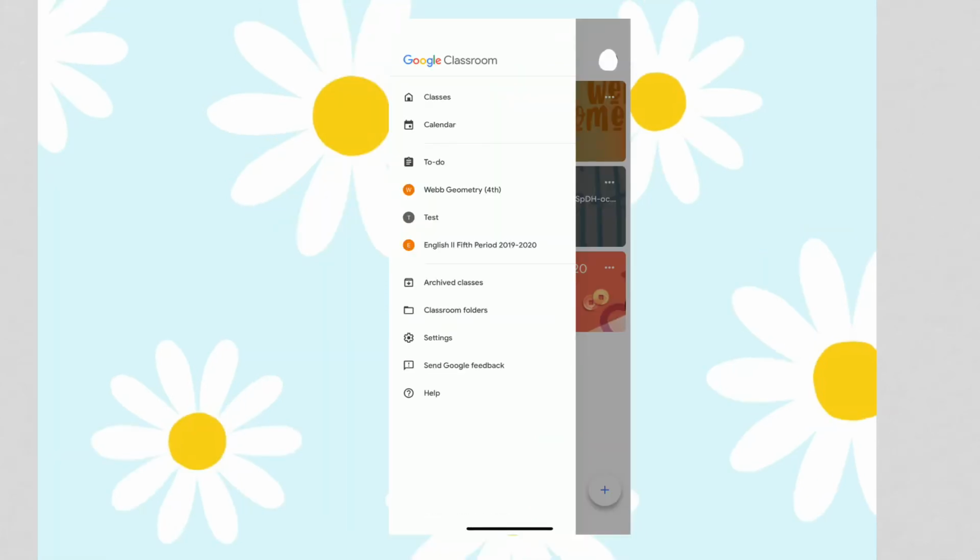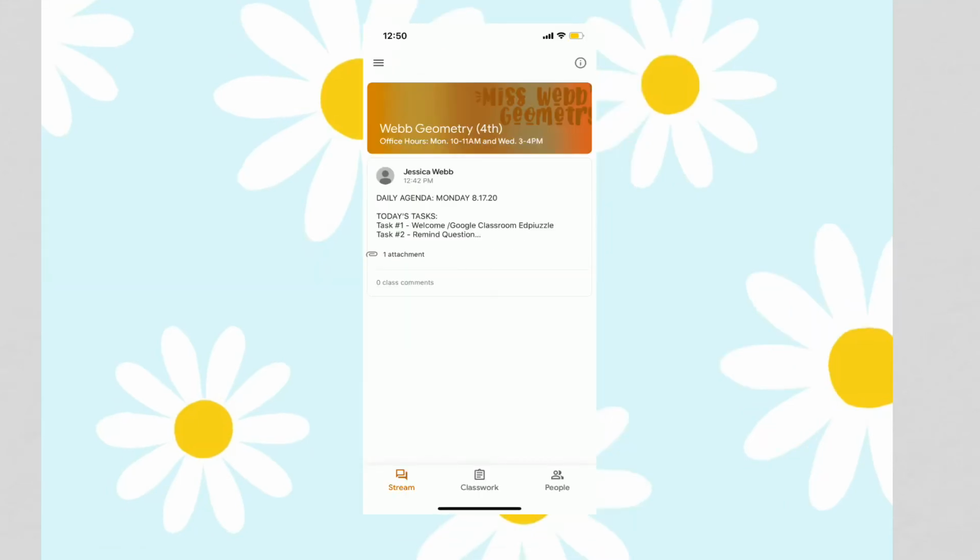So again, if you click those 3 lines in the top left, it's going to take you to this menu, which of course you can still access your classes through this way as well. When you select a class, it is very similar to how the computer is. Instead of being on the top, your 3 tabs, stream, classwork, and people are on the bottom, and really that's the only change. You still have your banner right here, and then you have your stream that has your daily